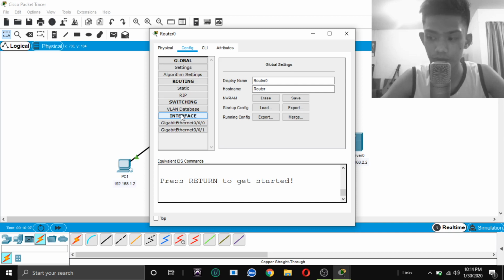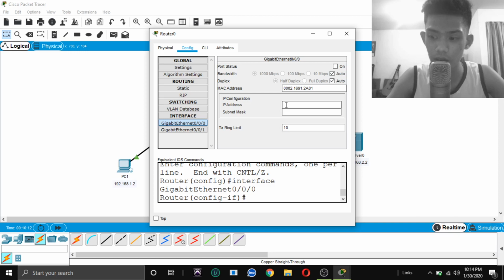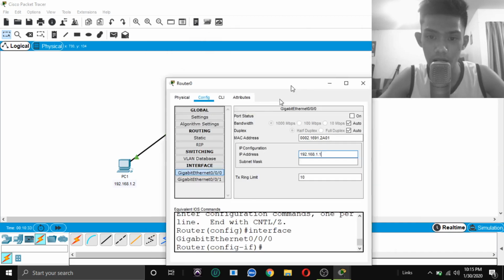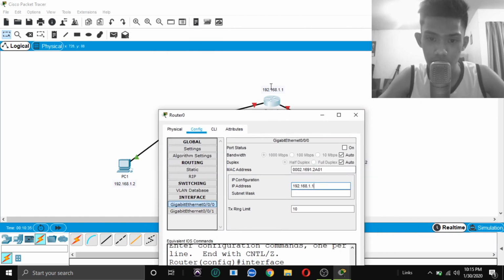So the Gigabit Ethernet 0/0/0/0, and our IP address will be 192.168.1.1. That is the default IP address of this router, and the subnet mask will be the default